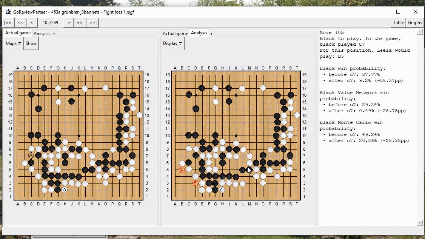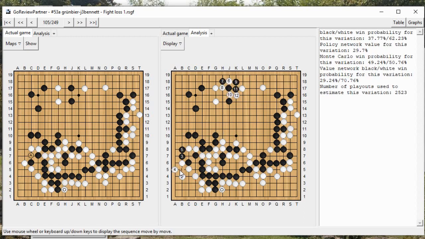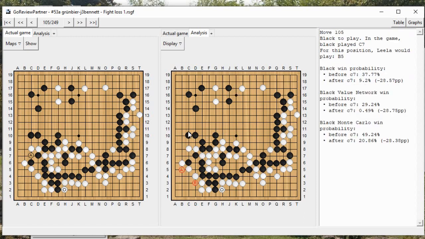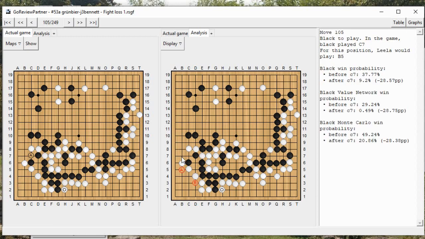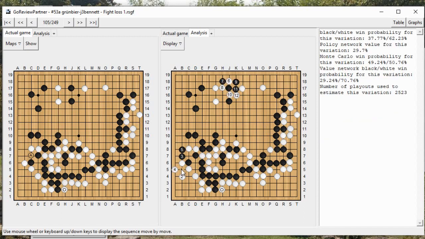game. So this is a critical point, but I still have apparently a good move here at A, which allows me to get some fighting chances. It looks like I can break out in this direction after A. So it looks like a cut here followed by a cut over here, or an Atari over here. So how would that play out? As I highlight here,